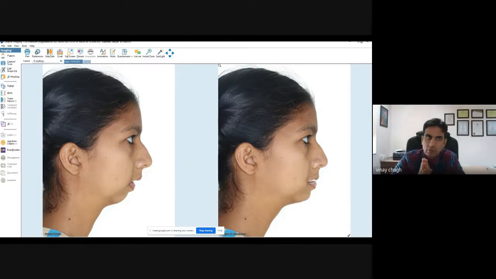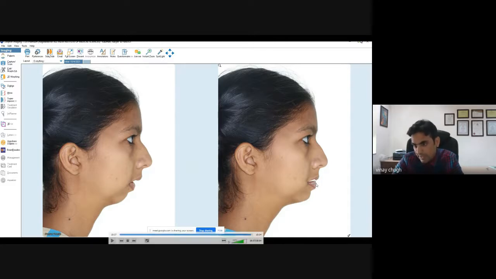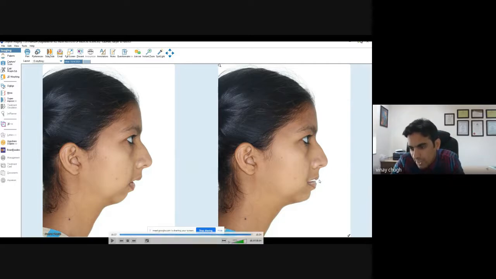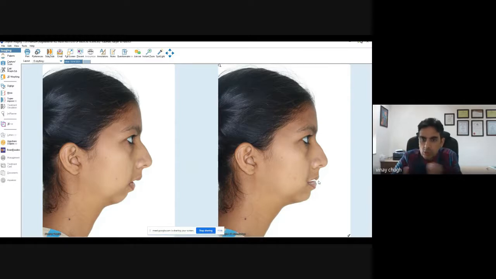This was the version which existed long back, before 3D surgical planning came in. Now the gap in the lips or whatever morphology you see is not as accurate, because your cephalometric tracing has to be as accurate when you superimpose onto the lateral cephalograms. So this is how you plan in 2D in Dolphin.